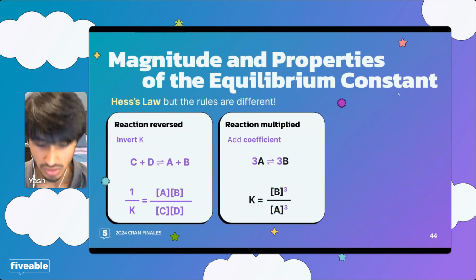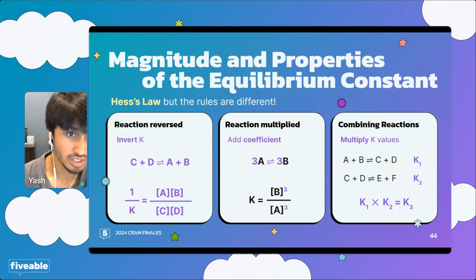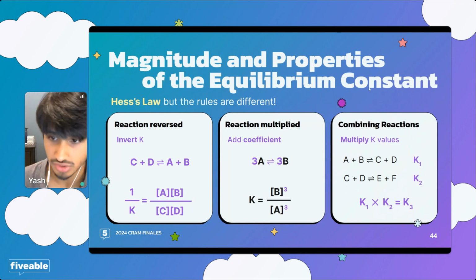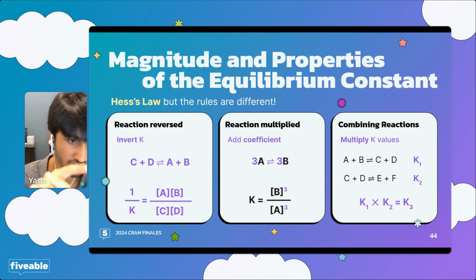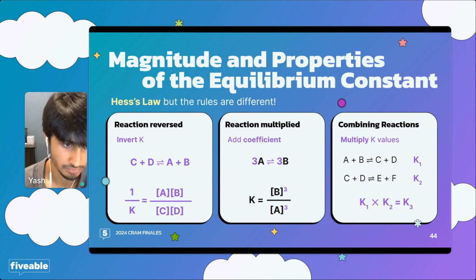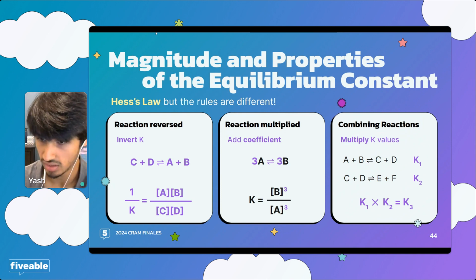All right. So, as Rahi covered Hess's law, some of you guys were talking in the chat about how this applies to equilibrium too, right? So if you reverse the reaction, in Hess's law, you flip the sign, right? But in equilibrium, you flip the value of the actual thing. So you put the whole K value over 1. You take the reciprocal. If you multiply it in Hess's law, you just multiply the enthalpy value, right?